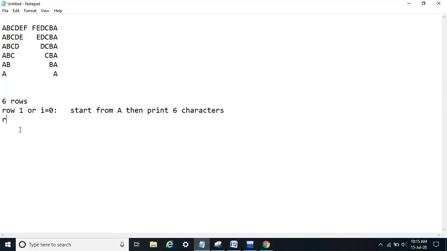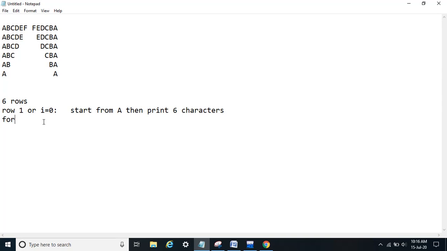For row i, or any row, for the first row we will print 6, then 5, then 4, 3, 2 and 1. Okay, no problem.